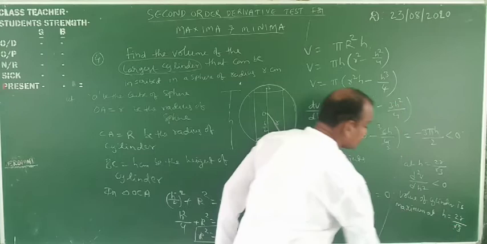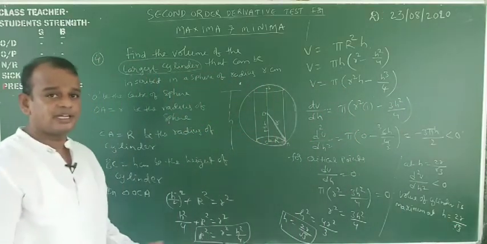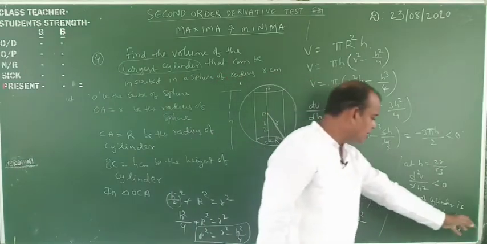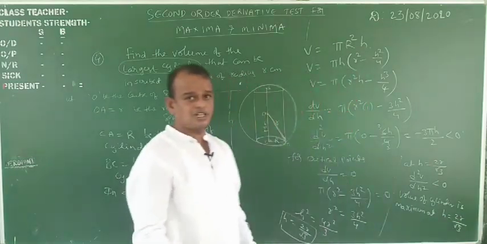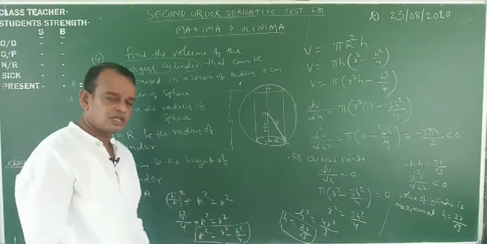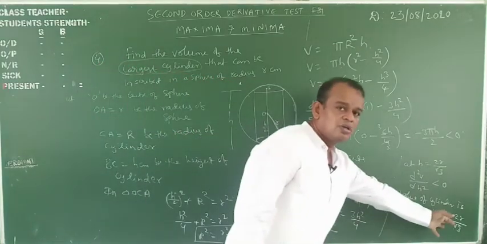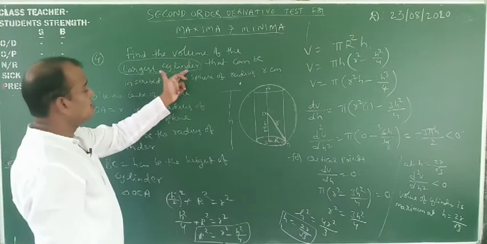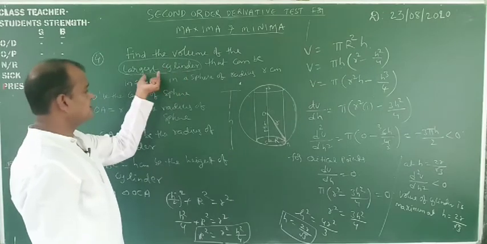My dear students, this is also another problem. Find the height of the cylinder. Suppose the radius is a centimeters. What is the height? h is equal to a by root 3. You have another question. You do up to that one. But here, what is it? The volume of the largest cylinder. We find the volume. Largest or not? Yes, largest.